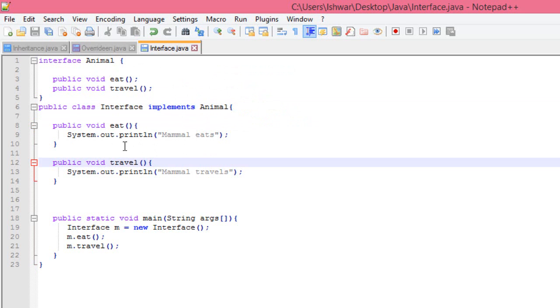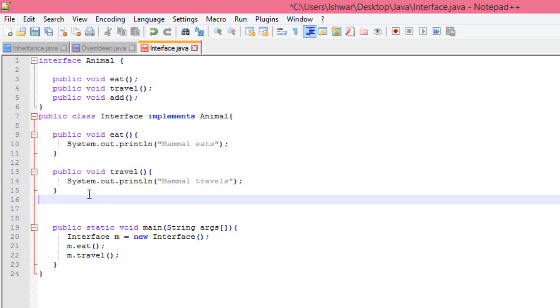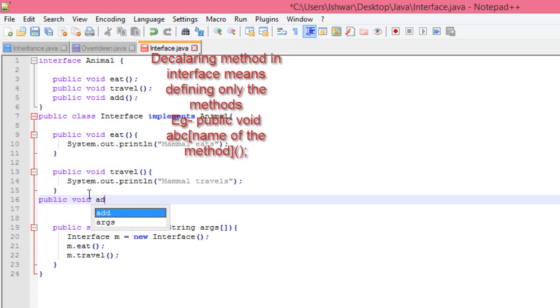Now friends, over here I am just displaying a simple message, but suppose I write one program, public void add. I will just declare the method, and over here I will do the actual implementation, or write the actual logic of my program.